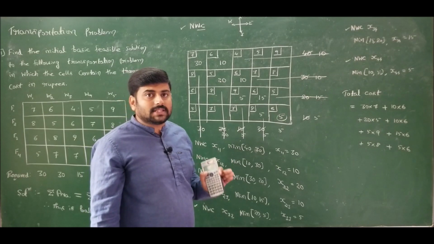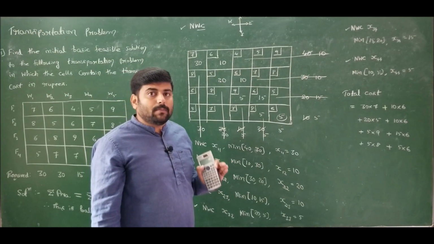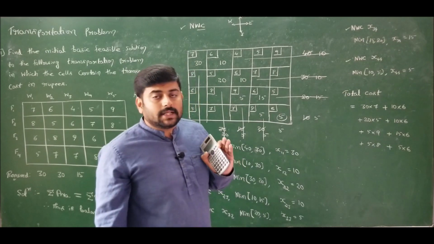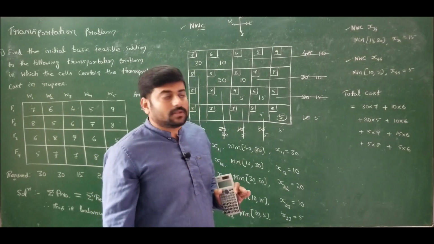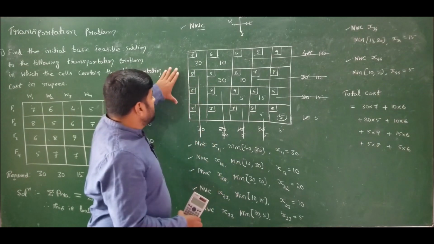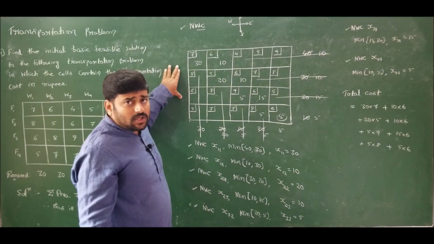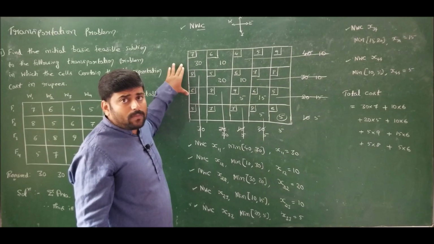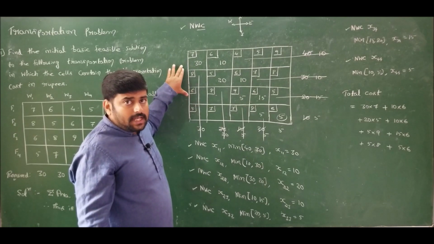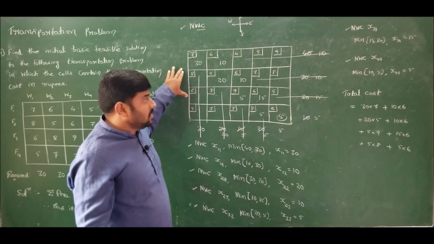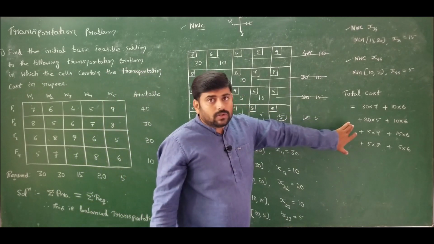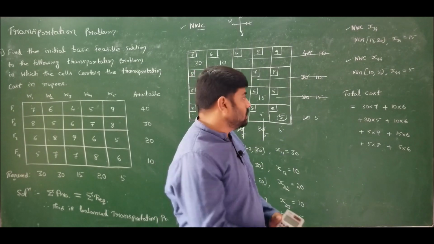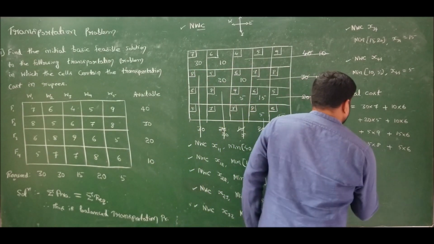If the number of allocations is exactly equal to M plus N minus 1, then it is called a non-degenerate basic feasible solution. So here we have number of sources or origins as 4, number of destinations as 5. So 4 plus 5 is 9, minus 1 is 8, and the total number of allocations is also equal to 8. So therefore it is a non-degenerate basic feasible solution, and the total cost is turning out to be,